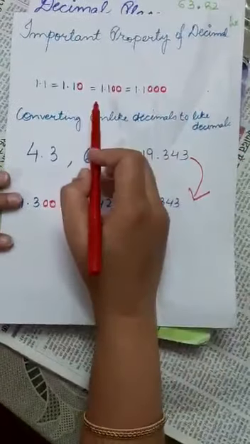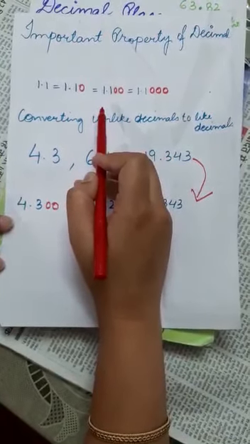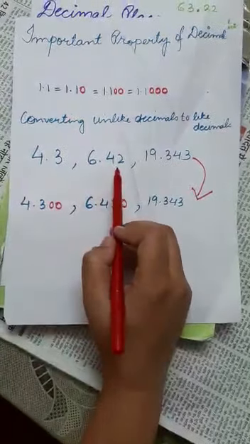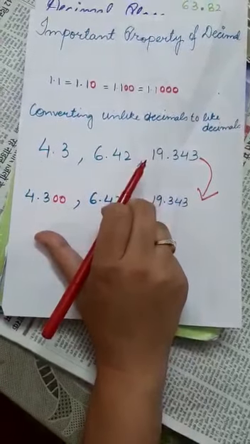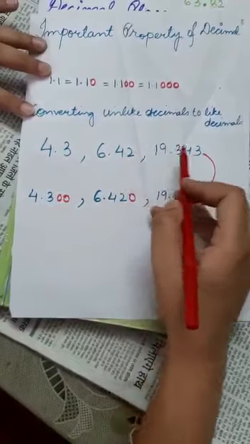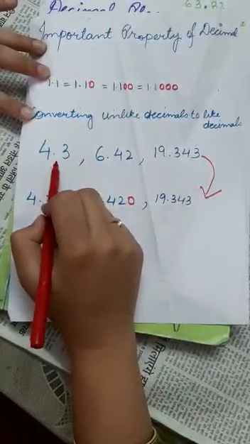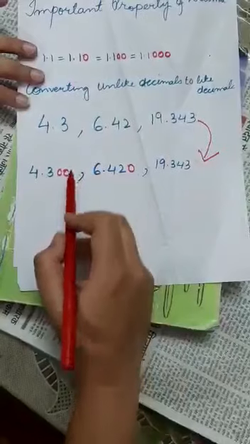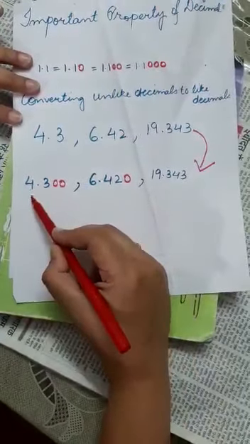Now, this property is used to convert unlike decimals to like decimals. For example, here we have 4.3, 6.42, 19.343. Here we have 1 decimal place, here 2 decimal places, here we have 3 decimal places. So to make them like decimals, we need to convert all to 3 decimal places. So we need to add 2 zeros over here, 1 zero over here. Now this is converted to